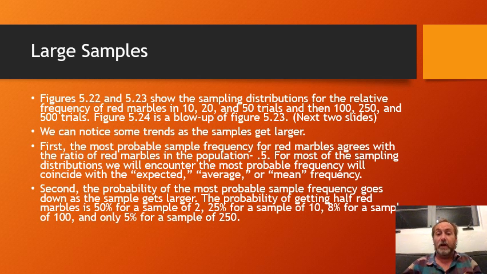But we'll also notice that the probability of that most probable outcome comes down as the sample gets larger. With a sample of 2, the probability of getting 1 out of 2 being red was 50%. We get up to a sample of 10, you have a 25% chance of getting 5 out of 10 reds. With a sample of 100, you only have an 8% chance of getting 50 out of 100. With a sample of 250, you have a 5% chance of getting 125 out of 250. Let's look at the